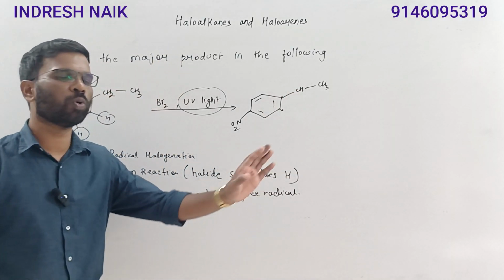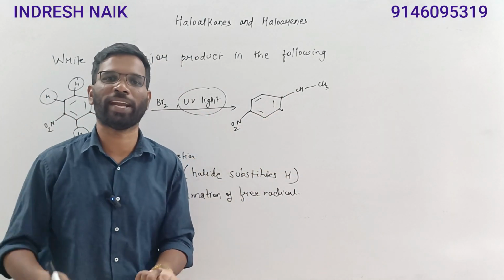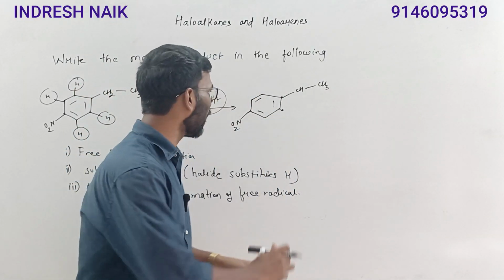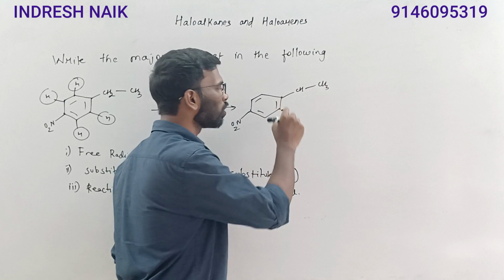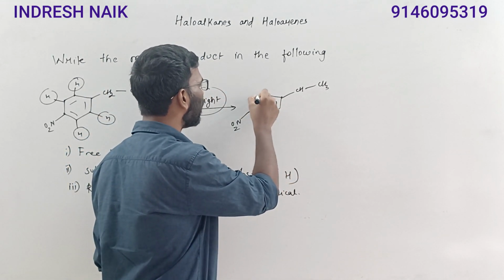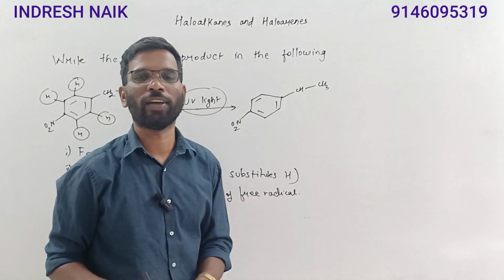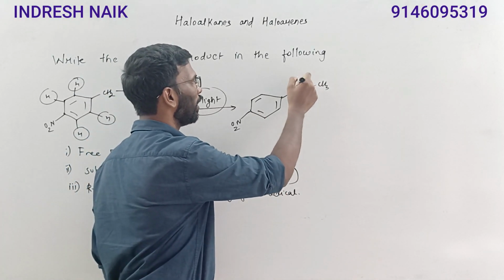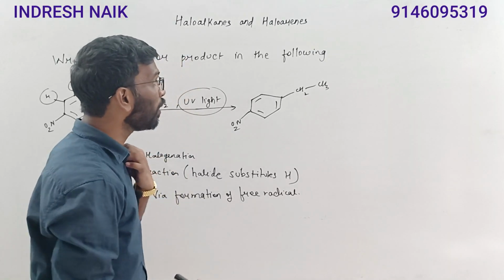This free radical is most unstable, because any intermediate, whether it is a carbocation, carbanion, or a free radical, being present directly on a pi bond is most unstable. So this replacement of the hydrogen is never going to take place here. Whenever it is a free radical halogenation, it will always be happening on what? The alkyl, either here or here. So the possibility is that